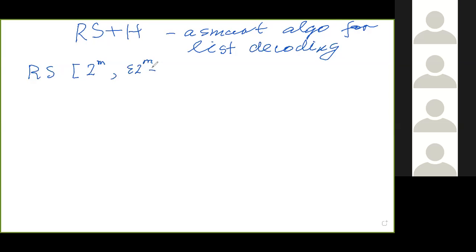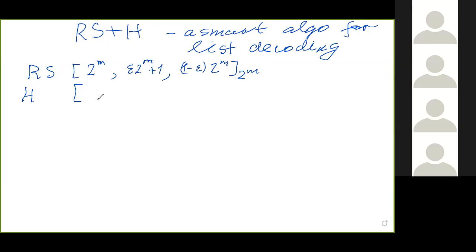So the dimension of the code is that plus 1, and the distance is 1 minus epsilon times 2 to the n, and the alphabet is 2 to the n. And this will be the outer code, and as inner code, we consider a version of Adamar code where we consider